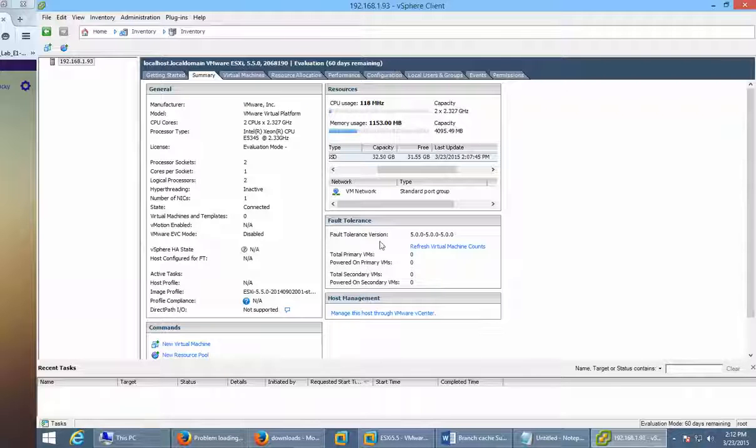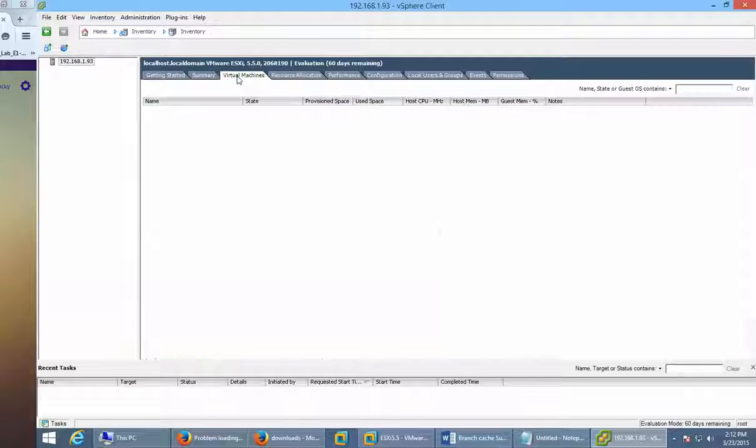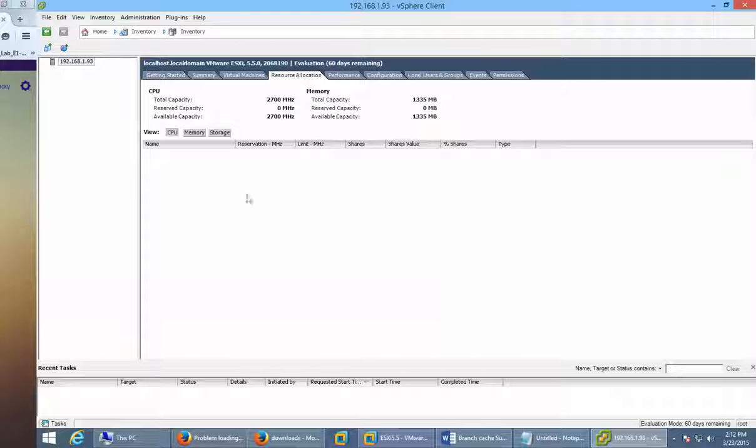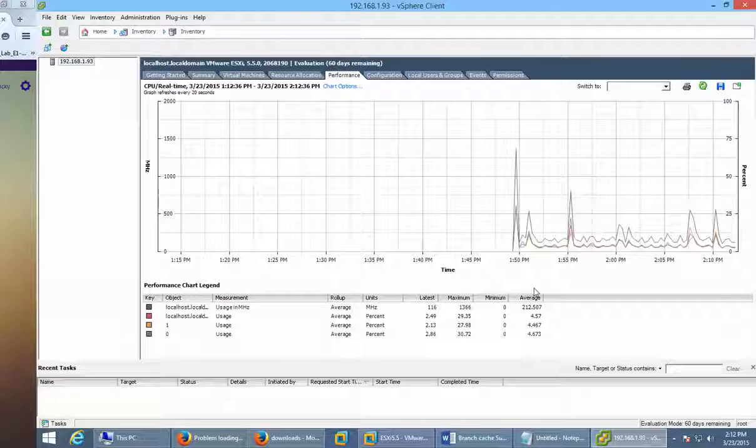It actually tells you about the fault tolerance versions as well. Now if we go into the virtual machines, this is where you can create your virtual machines, and once you create them, they will show up here. To create a virtual machine, you simply click on this button, new virtual machine. And this is your new resource pools. Resource allocation will show up over here, like how much memory and capacity, etc. And this gives you the graphs for